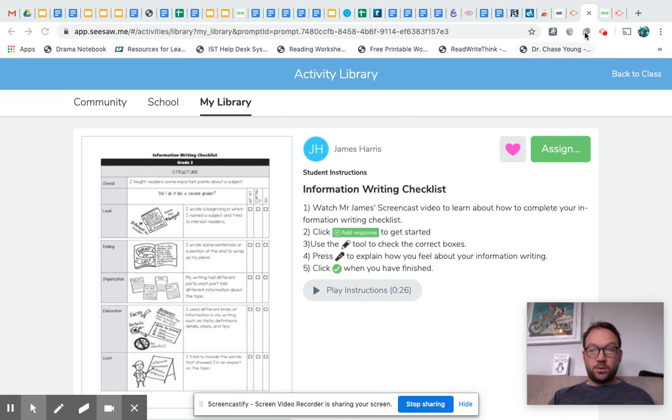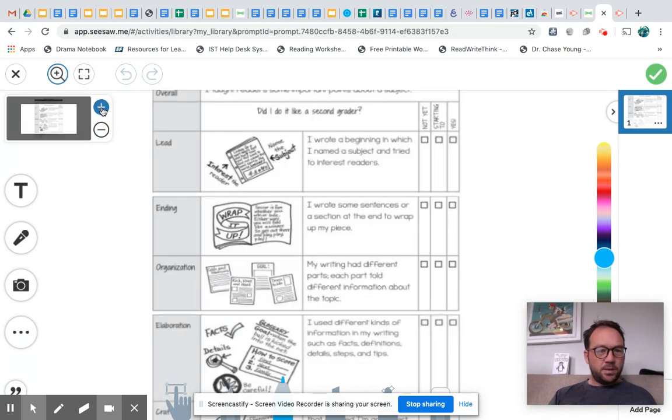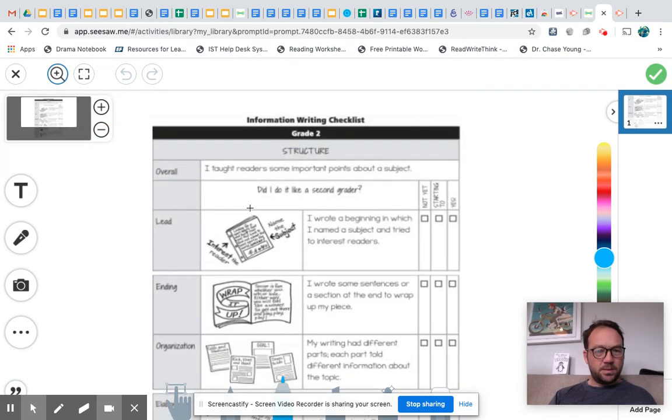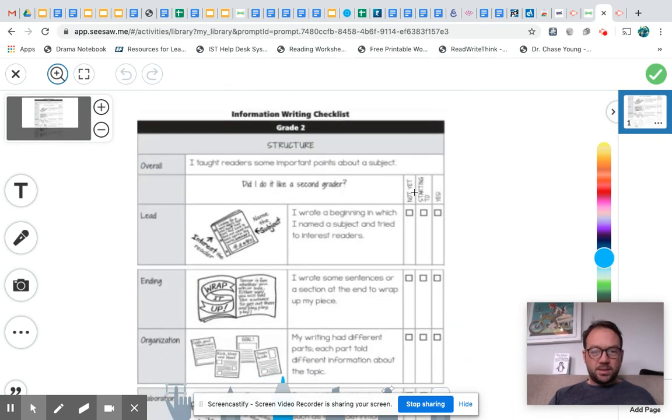Then you will go to your checklist and you'll go down. In fact, I'm just going to make this a little bit bigger so we can see the writing a bit better. You're going to go down these elements one by one, and on the right, you'll check if you've finished, which will be yes, starting to, or not yet. Okay, so I have my penguin book right here,